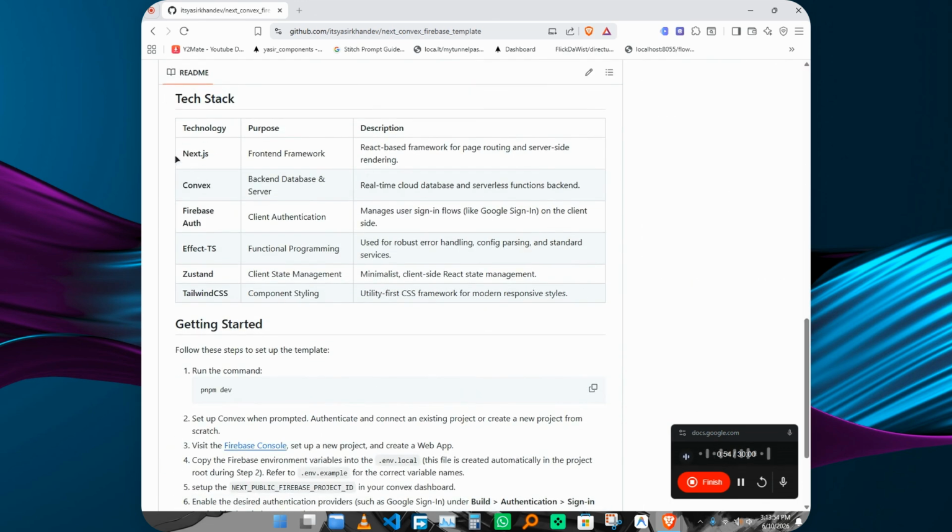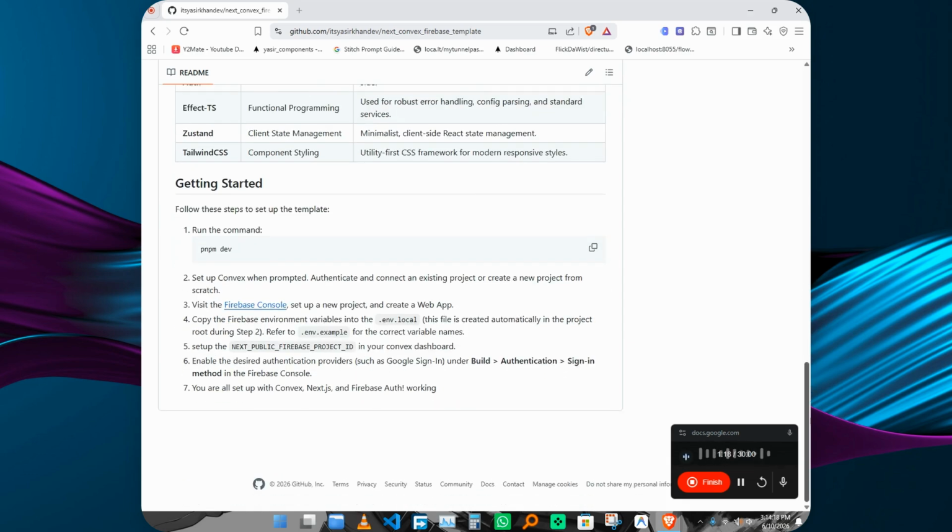This is the tech stack I have used to build this. Firebase Auth is client-side authentication. Because Firebase works client side, but you can authenticate the token on the server side and do all the server-side things on it. So I also use Effect, Zustand and ShadCN, and ShadCN is integrated, and I am planning to maintain